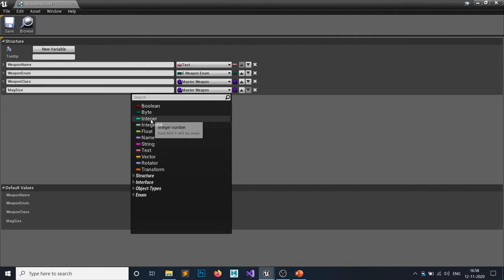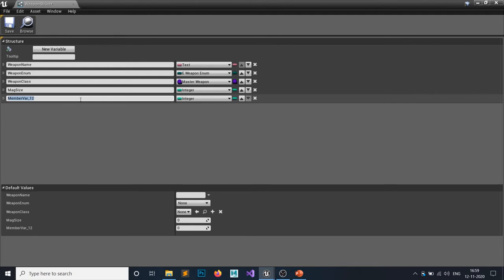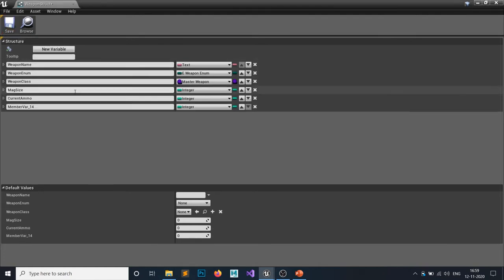This would be an integer of what is the mag size of your weapon. It says how much ammo you can fire per round. Then we need a current ammo, which says how much ammo you have in your weapon. Then we need a float variable called damage. What is the damage of your weapon?